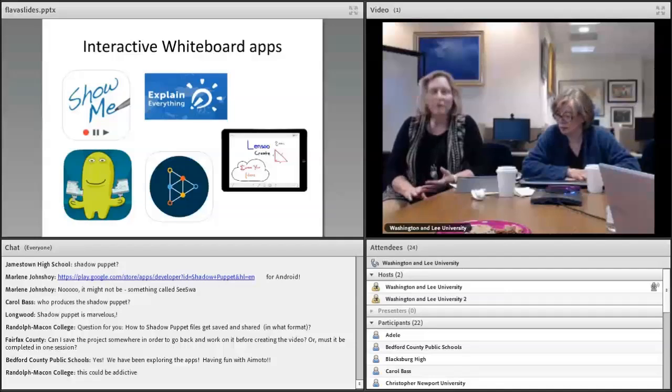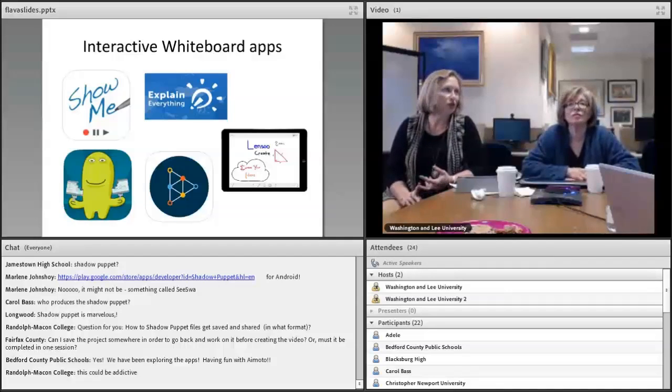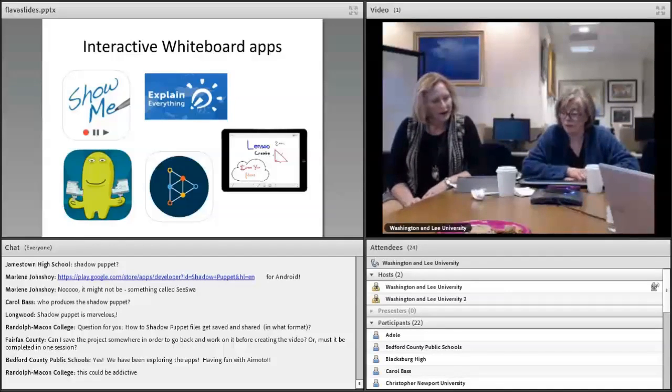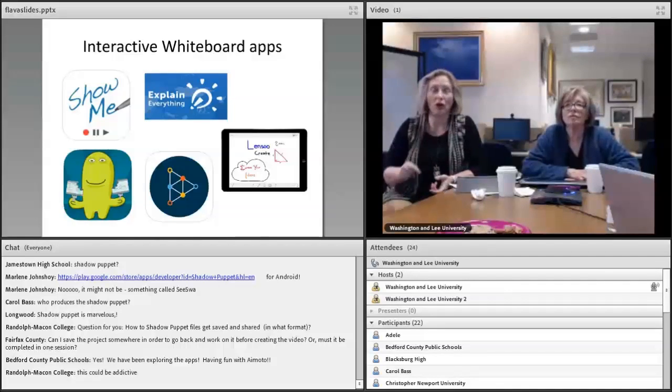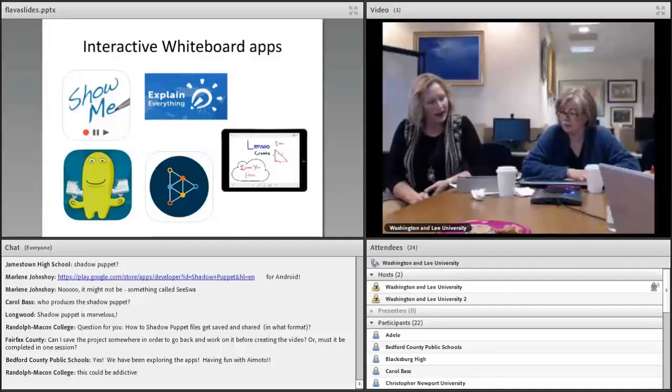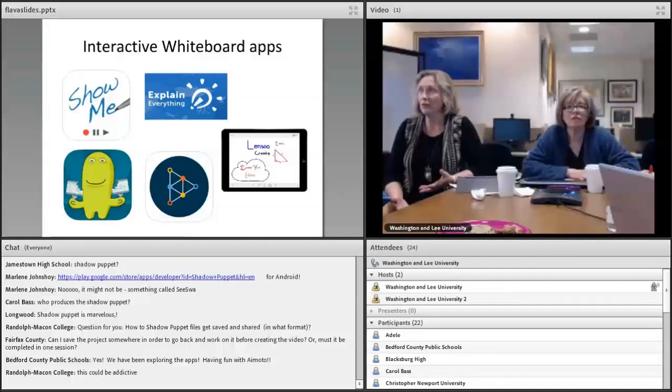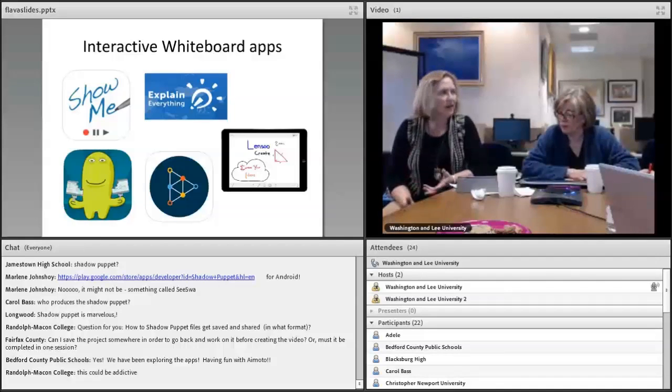But for some of these, for the free versions, there are some limitations on what you can import, whether or not you can import images or documents or video. And you want to be able to draw and annotate on the documents, or draw on a blank whiteboard. Some of these allow you to record your voice, so you've got voiceover narration in addition to perhaps a soundtrack. And you want to make sure, again, that these files can be exported in a way that you can share easily with your students. Several of these will export as MP4s, just like Shadow Puppet.